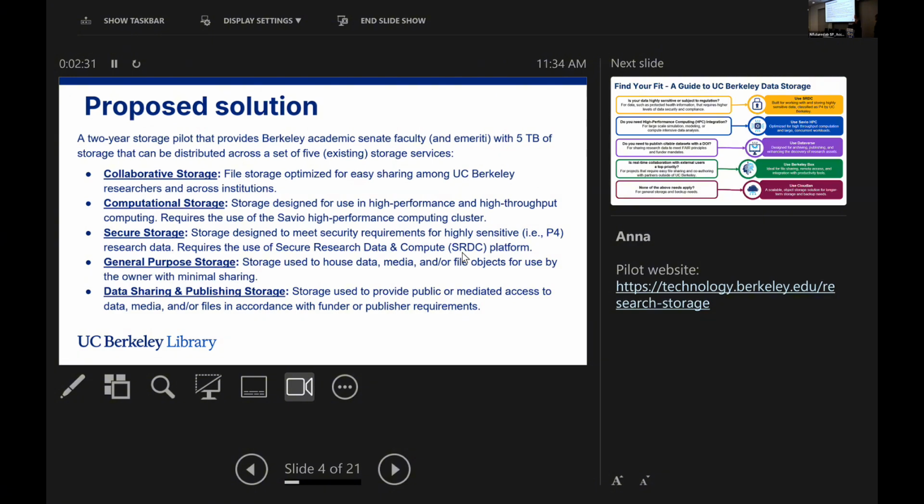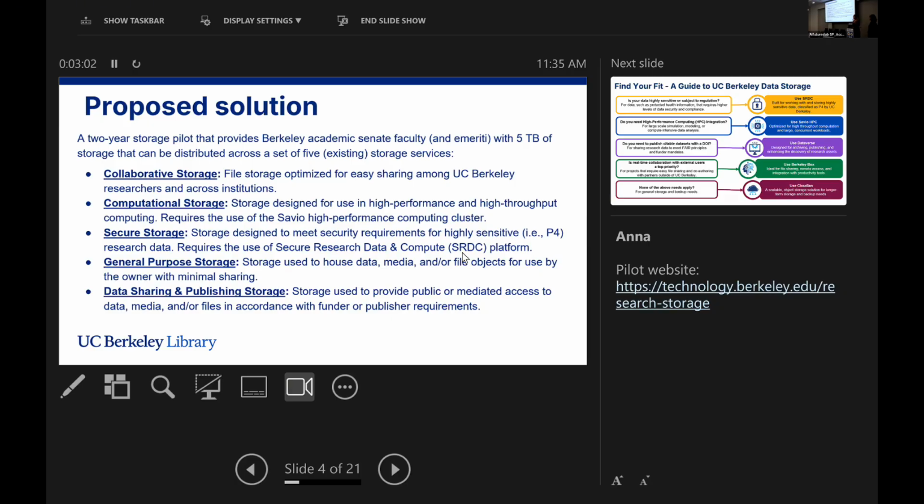So the proposed solution that the library came up with, along with campus IT and research IT, was 5 different buckets of storage that we pulled together into one service area. We wanted something that was collaborative, with easy file sharing with external and internal collaborators. Greater use of computational storage, so storage that was really close to the compute for researchers using large amounts of